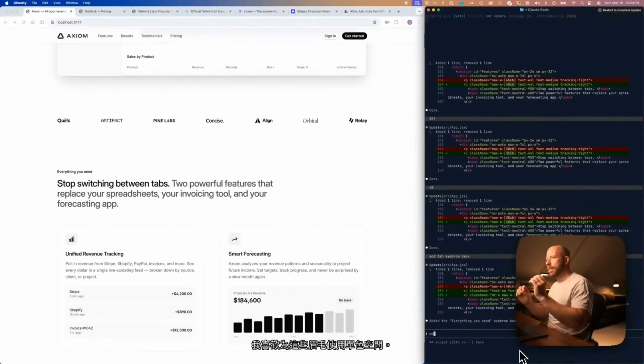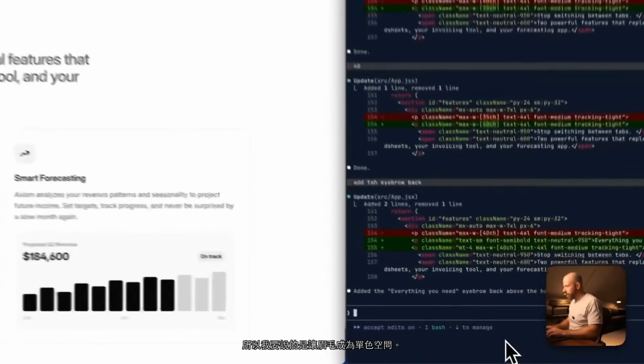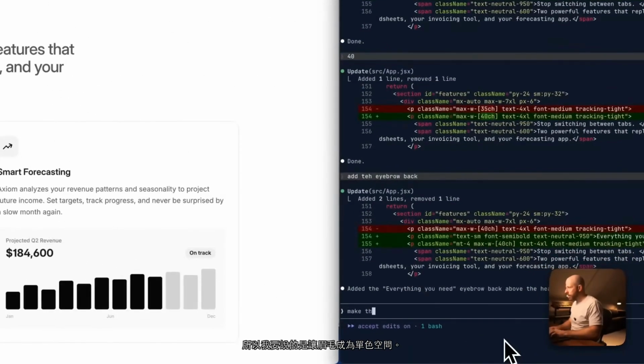I like using a monospace for these eyebrows. I think it just looks a little bit more designed, a little more interesting. So I'm gonna say make the eyebrow monospace. Maybe Geist Mono. That's a good font. And when I do that, I like to make them all uppercase. So uppercase,